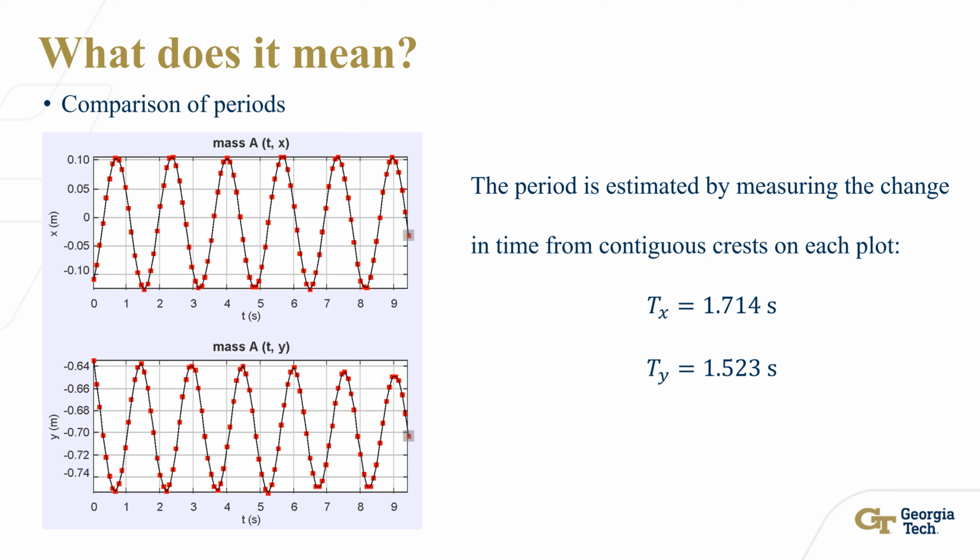The period of each oscillation is estimated by measuring the change in time from contiguous peaks on each plot. Doing so, it is found that both periods are very close. However, the